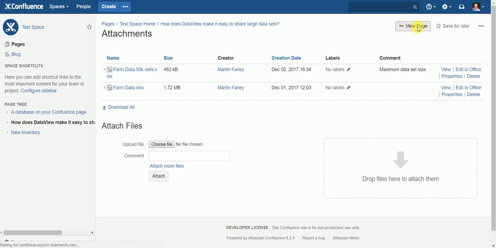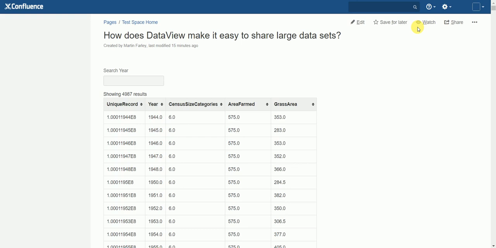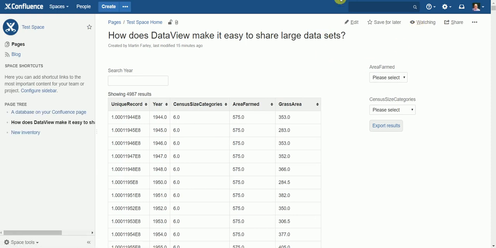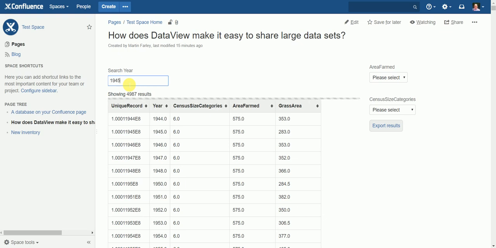Now, once you've set up DataView on your Confluence page, there's a number of things you can do to search and to share the data that appears. Firstly, within the search box, you can search across the data. I've set this up to just search the year field. So if we type in a year that we'd like to search, we can see at the moment it goes from nearly 5,000 results to eventually down to less than